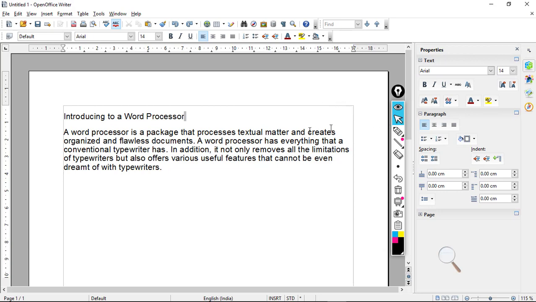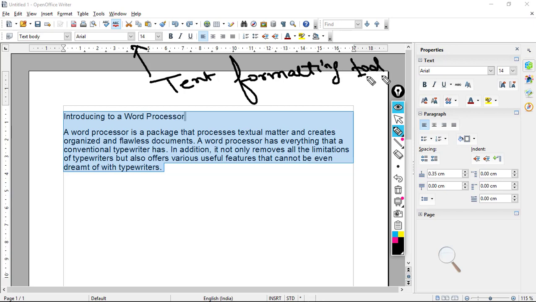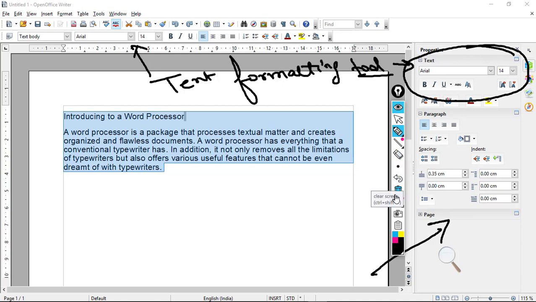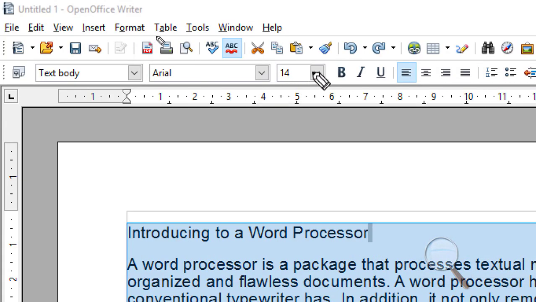So what I will do now, first of all, let me increase the text size a bit, because it is very small. So what we have to do, the two easiest options are there. First of all, you will get this text formatting toolbar, which is also termed as text toolbar or formatting toolbar. Secondly, you will get this properties bar over this side, and from this properties bar also you can use this section to increase or decrease your font size. So what I'm doing in my case, I'm using this text formatting toolbar here, this side.